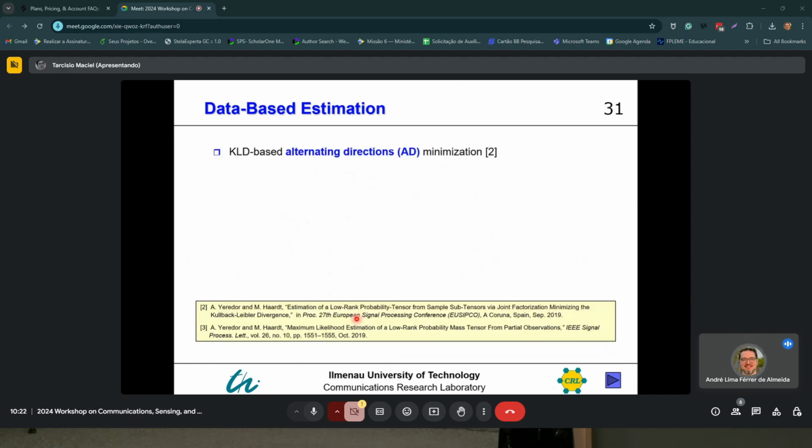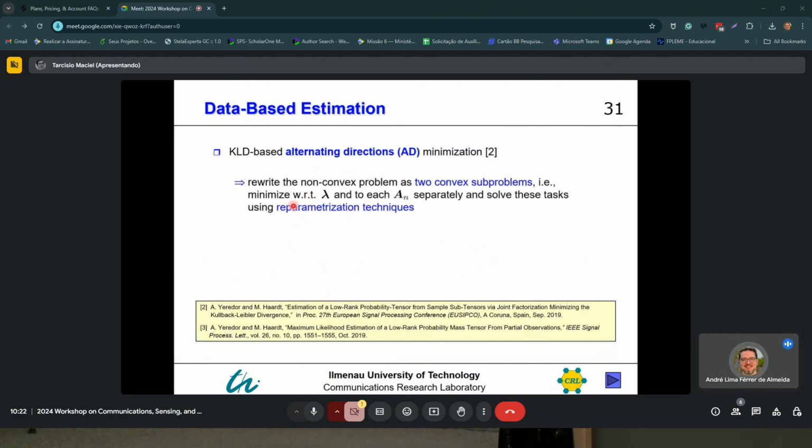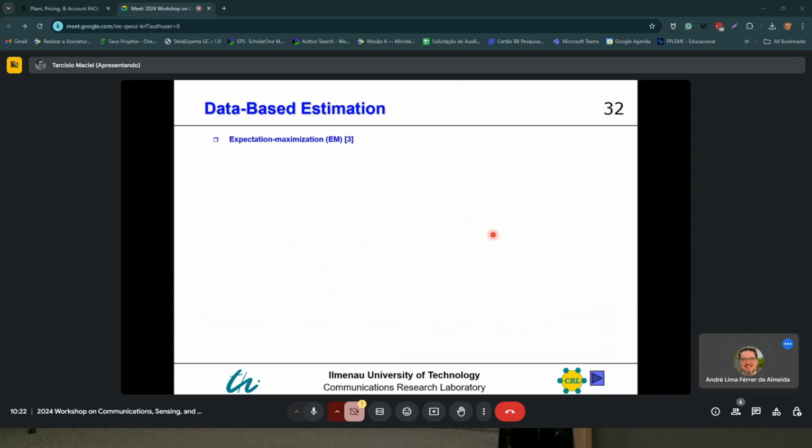So in reference 2, we've proposed a KLD-based alternating direction minimization procedure. This was the EUSIPCO paper. By rewriting the non-convex problem as 2 convex subproblems, we minimize with respect to lambda and each an separately, and then solve these tasks using reparameterization techniques. And we've also proposed an EM-based algorithm, expectation maximization. You might know this from a different context, which arises due to the naive Bayes model implied by the low-rank